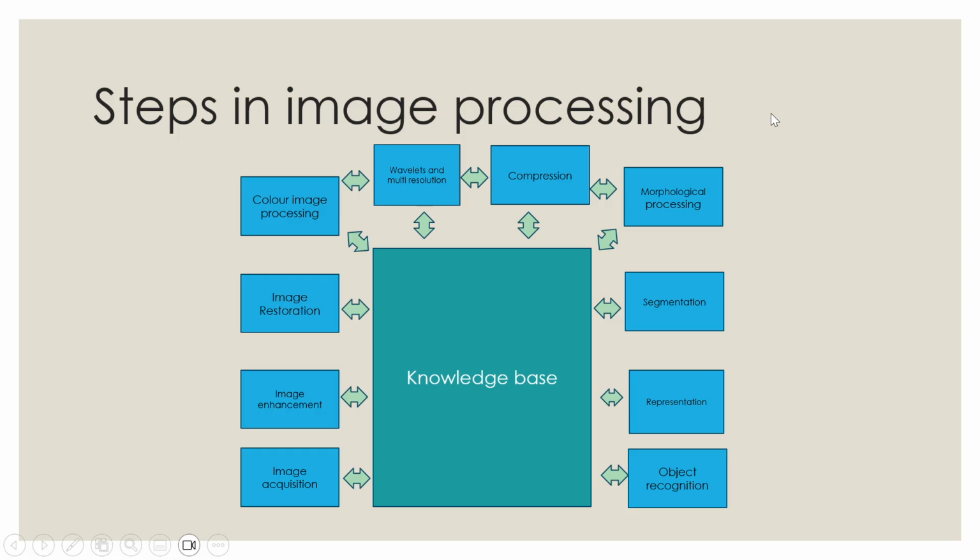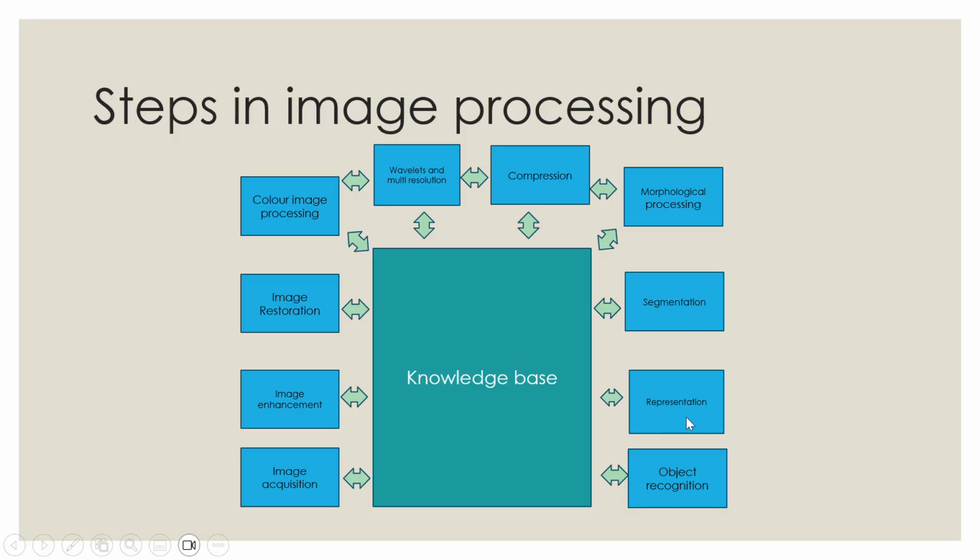The next one is morphological operation. This morphological operation is based on binary images. For shape-based images, we can use this for dilation or erosion. The next method is segmentation. Segmentation splits the image into regions or objects. So whenever we want to extract the region of interest, then we can use this segmentation method.